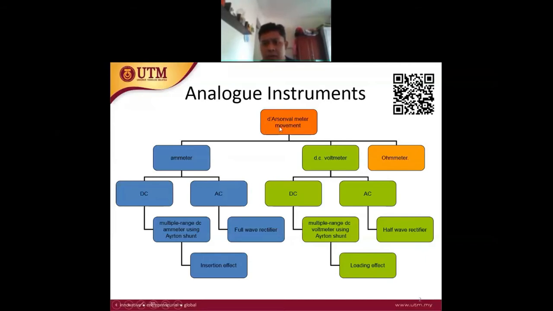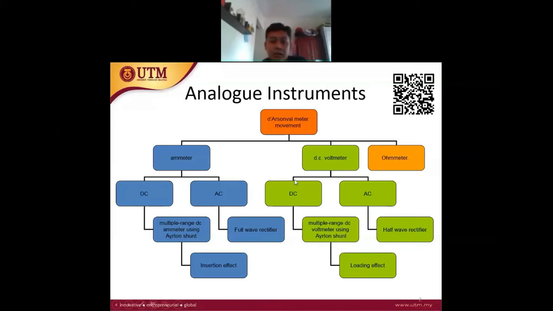This unsolvable meter movement can basically be modified or configured to be used as an ammeter, and can also be used as a DC voltmeter, and also can be used as an ohm meter, with a proper modification or arrangement. That is basically what we're going to see